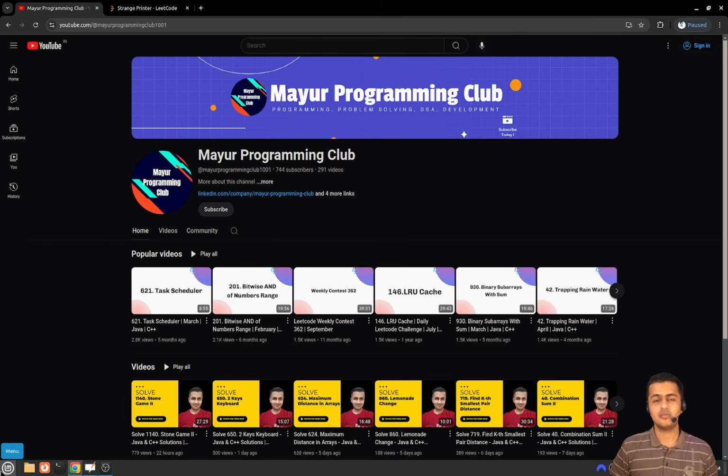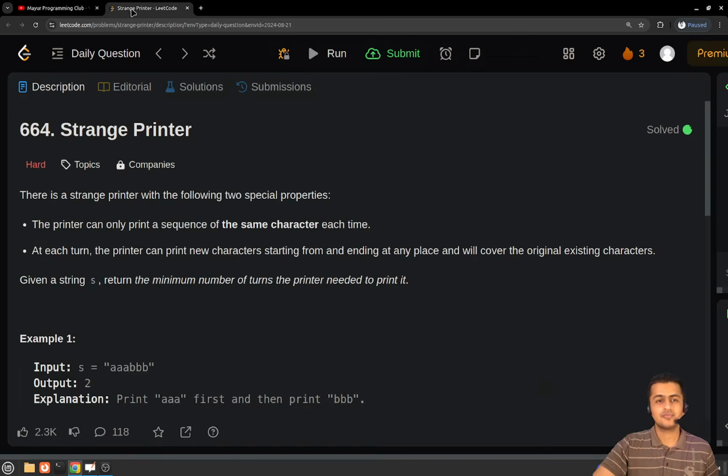Today we will be solving another daily LeetCode problem, and the problem's name is Strange Printer. So the problem statement goes like this. There is a strange printer with two special properties: the printer can only print a sequence of the same character at a time, and each turn the printer can print new characters starting and ending at any place and will cover original existing